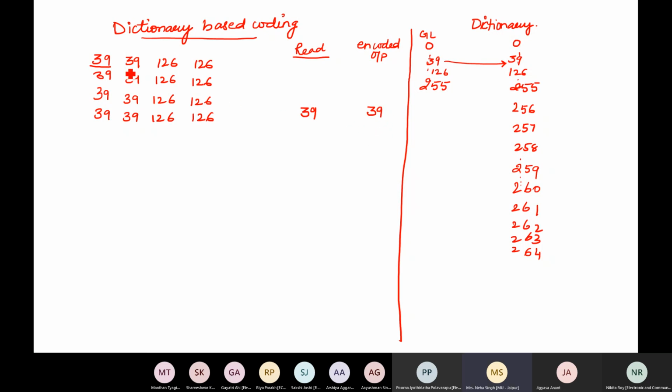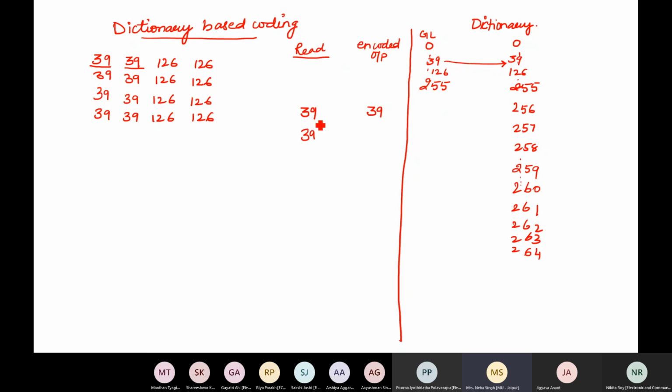The next value is 39. So I read a 39, but before looking out for 39, I make a new entry at this place so that in future, if 39 is followed by 39, it means the value which is encoded followed by one new symbol.